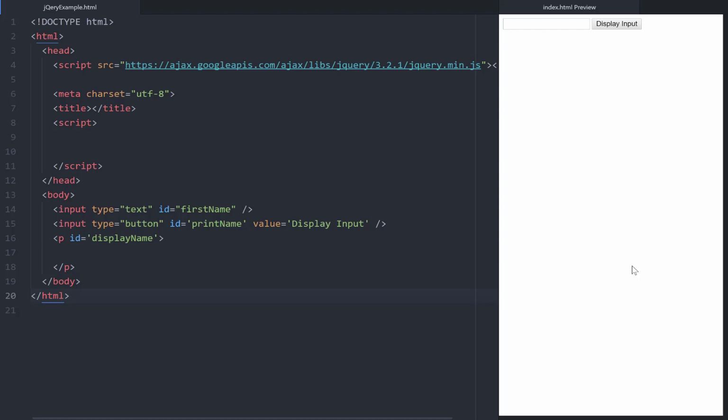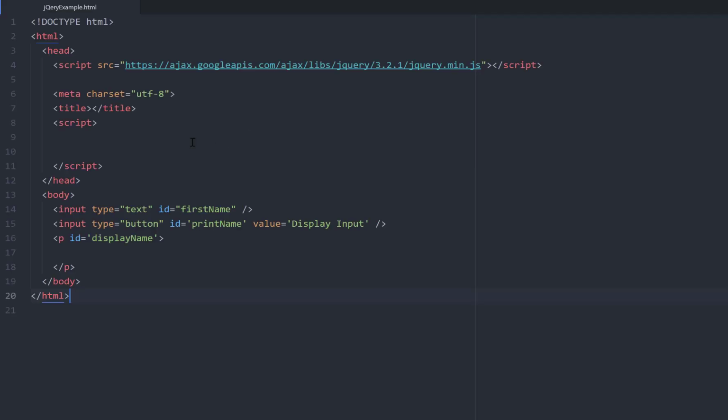All right, so as you recall, in the last video, we were doing some things where we would put in a name and click on the button, and it would show that in our inner HTML of our p tag. Well, now I want to redo that whole JavaScript into jQuery and show you a couple of concepts here. So I'm going to make this preview go away, and we're going to start from a